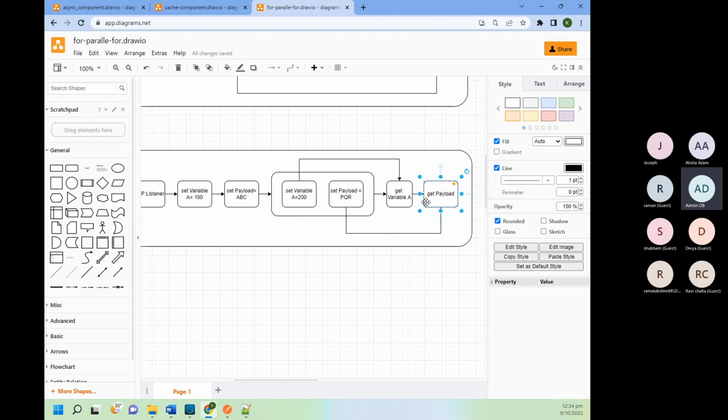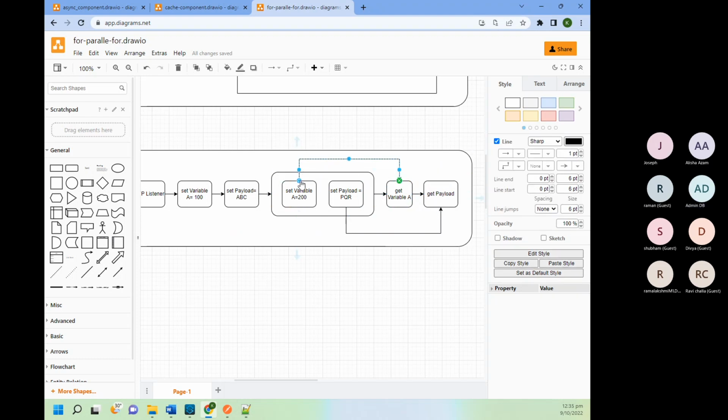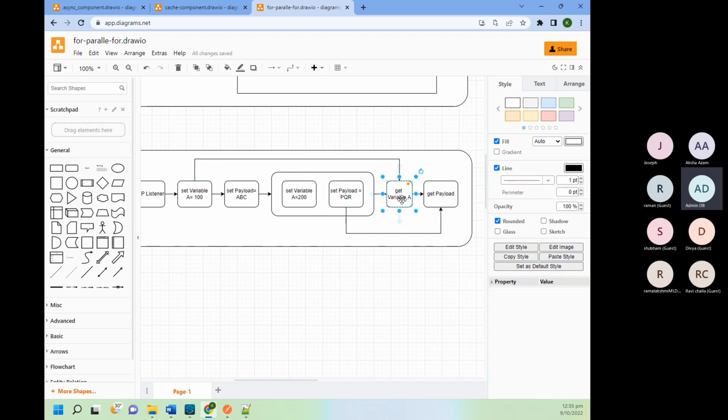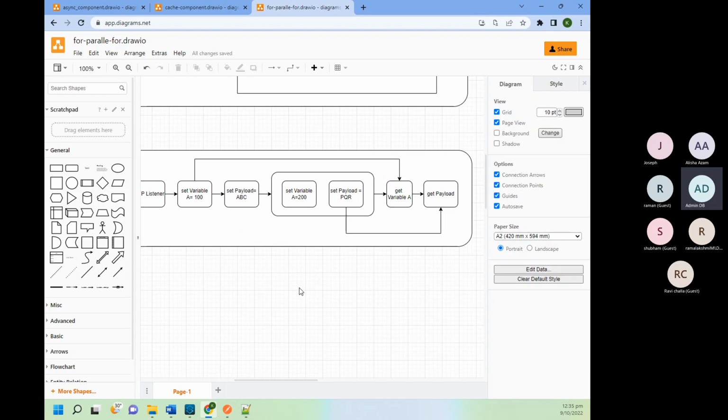That payload will be your get payload. And whatever variable you are creating here, that variable will be accessible here. So this variable does not impact the value of this. Whatever you change here, after this parallel for each, this variable will not be visible. So this variable will be visible here. This is the behavior of parallel for each. Everyone clear with this?